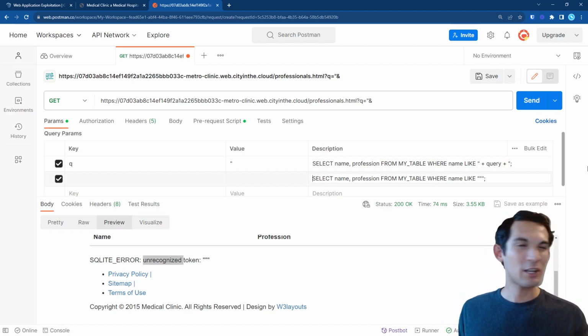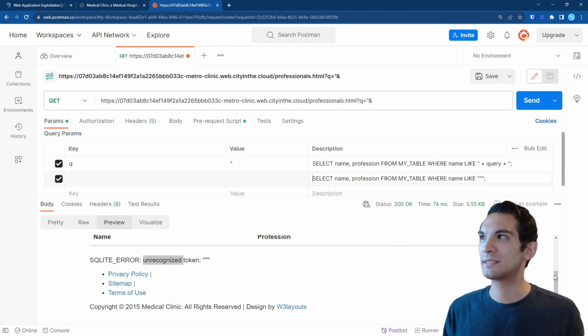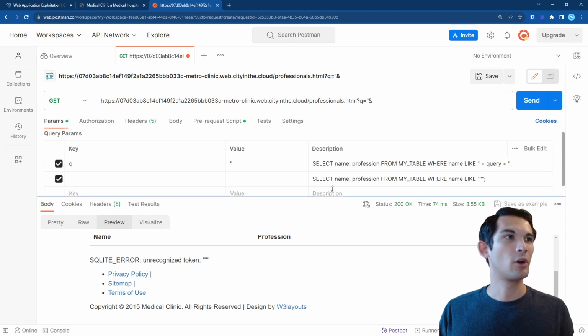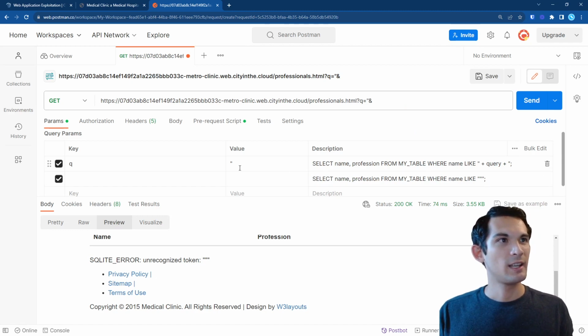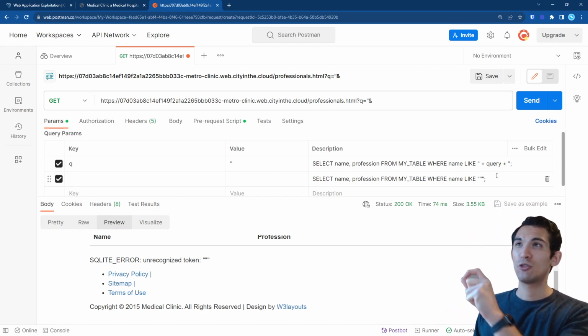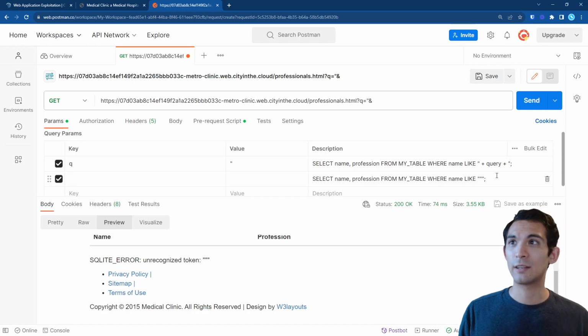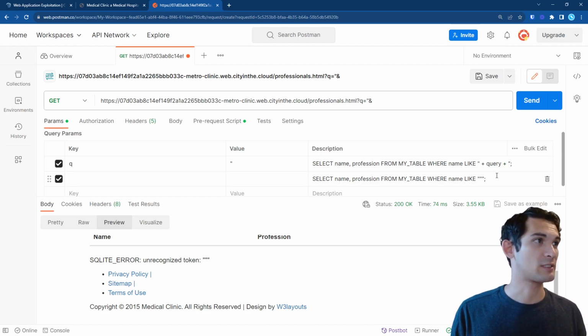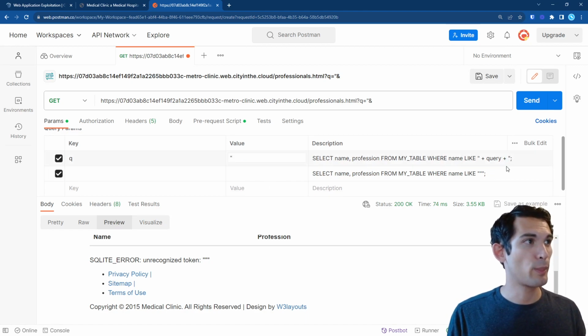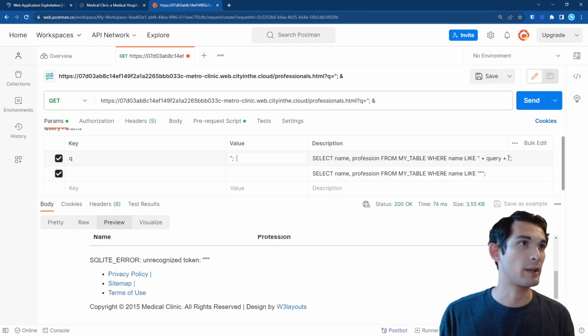So this is an incorrect number of quotes, and that's why we're getting this unrecognized token error. And so if this is what the query looks like, what we want to do is see if we can chain 2 SQL queries together and see if we can get all the results there. Because this SQL statement is being terminated with this semicolon,